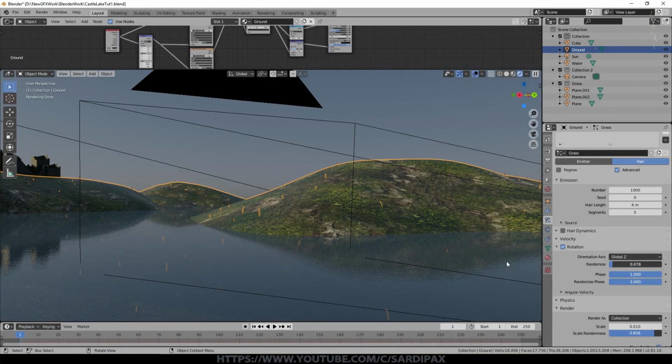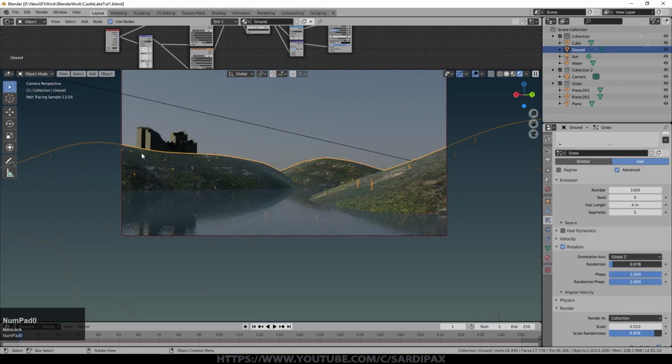In a minute we're going to add some children. I don't mean actual children, we're going to add children of these grass blades. But before we do that, there's a couple of things we want to do. We want to limit where grass grows. And in fact, we only really want to have grass where the camera can see as well.